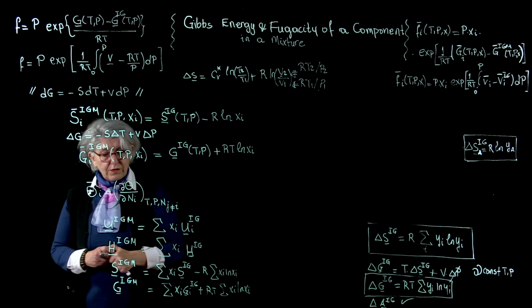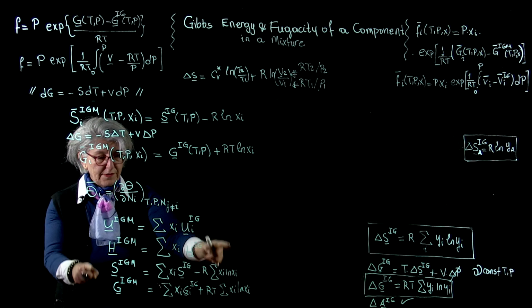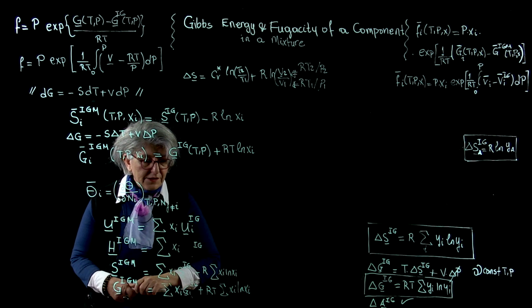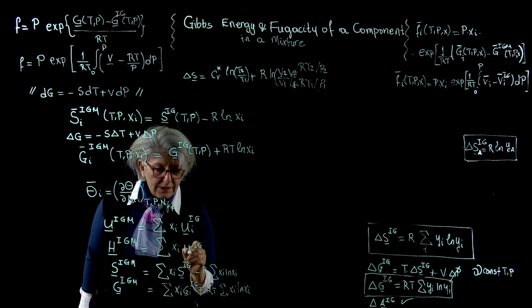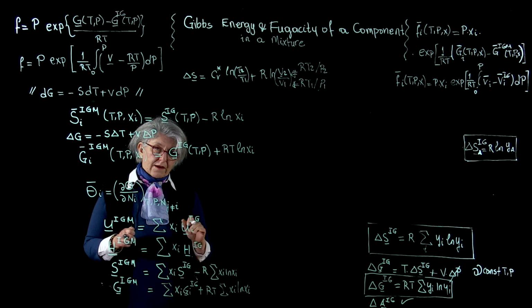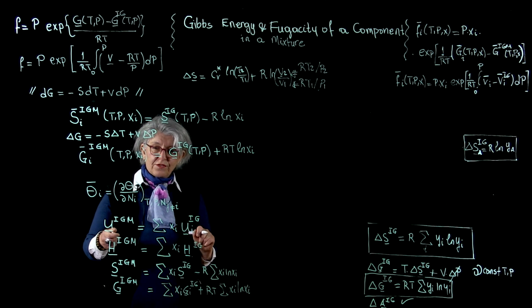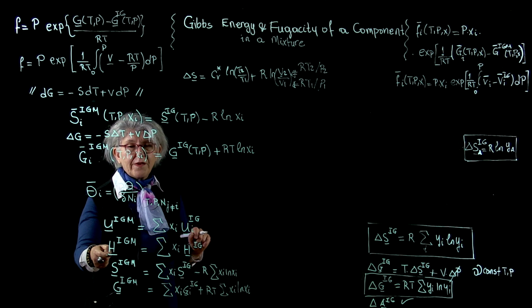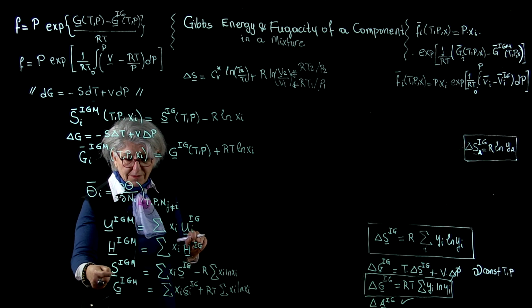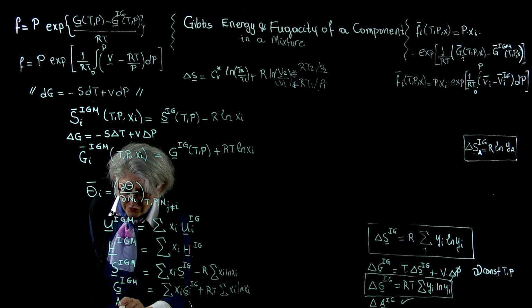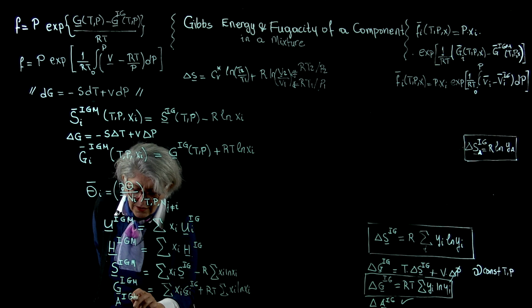All right, so we have the full set of the definitions of the energies and entropies of ideal gas mixtures. Internal energy of an ideal gas mixture is additive. Enthalpy of an ideal gas mixture is additive, not the entropy, not the Gibbs free energy. And we have, of course, Helmholtz free energy equivalent